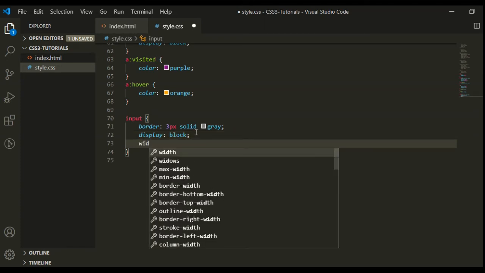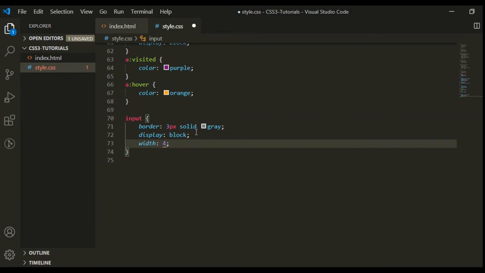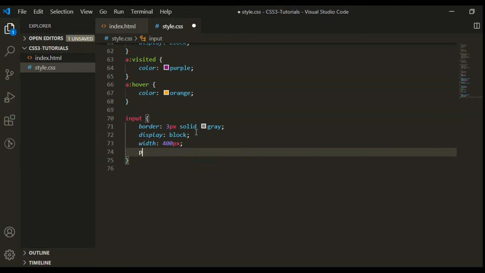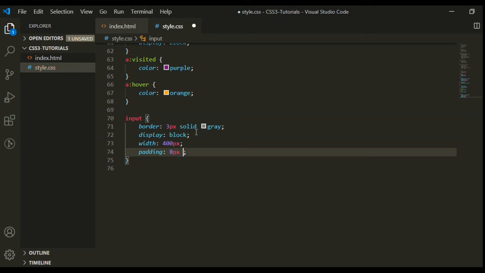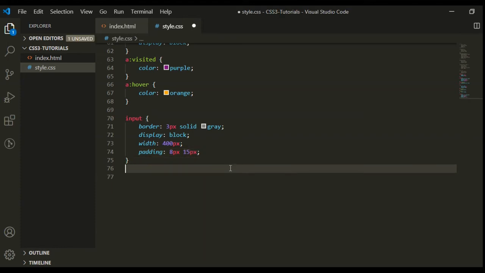and the width it's 400 pixel as of now, and the padding eight pixel and 15 pixel. 8 pixel from top and bottom and 15 pixel from left and right. Now write the CSS for focus state.